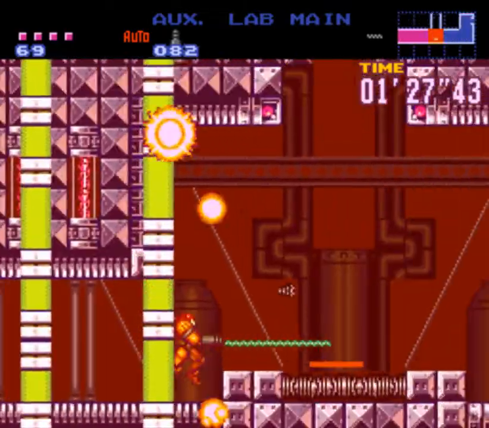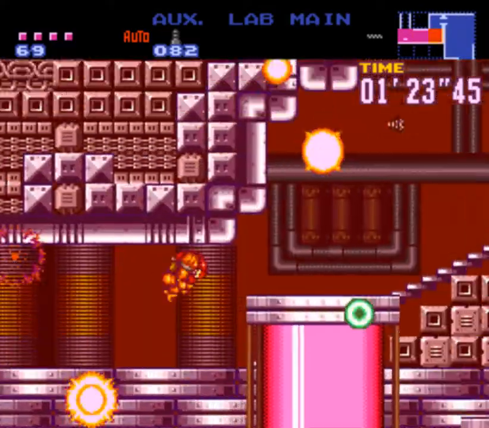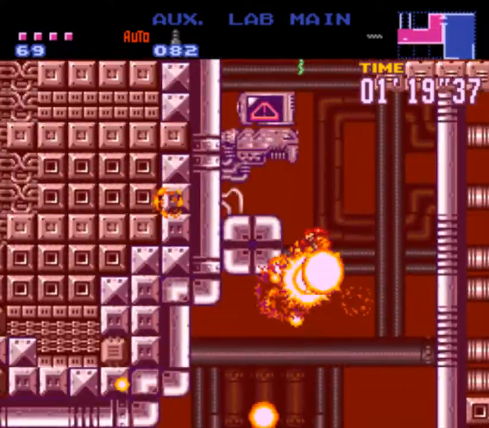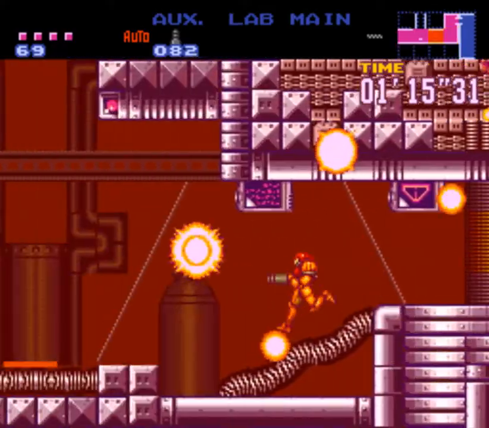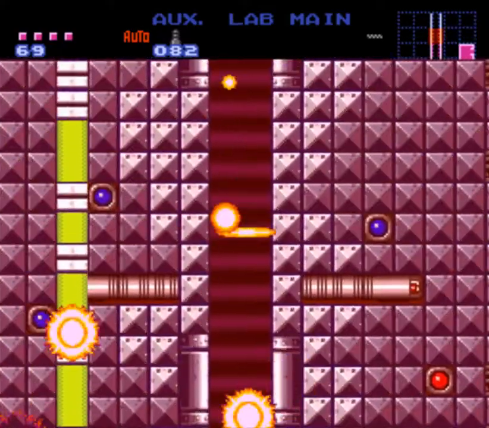But I'll show what's directly beyond the elevator is a place that we cannot get to yet. There's a super missile door that there are more parasites blocking that we cannot get to at the moment. So we just escape. And then as soon as you get on the elevator, you don't have to worry about